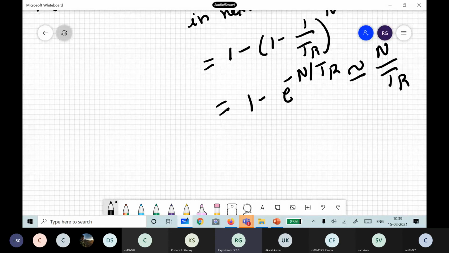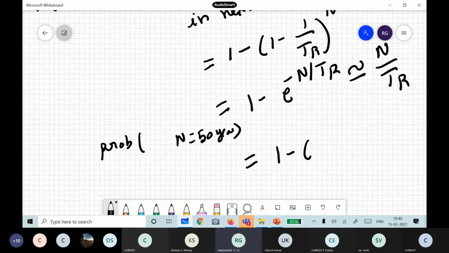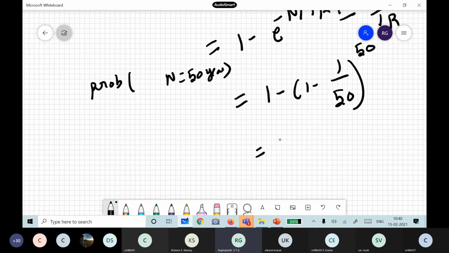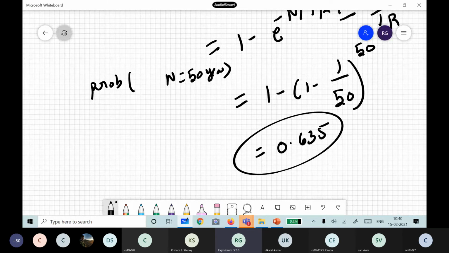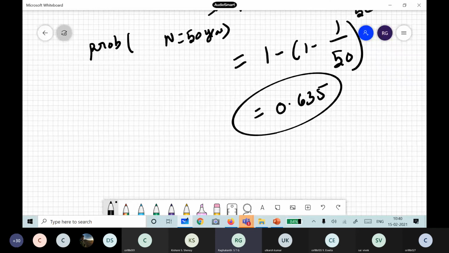So now for our wind code, the probability in 50 years, so n is equal to 50 years. This will be 1 minus (1 minus 1 by 50) to the power of 50 itself, where 50 is the return period of the wind. So this value turns out to be something around 0.6365. So this is the value you get for 50 years. If I have a building whose lifetime is 50 years, and I have chosen the return period also as 50 years, whatever the code says, finally how much risk am I taking? What is the probability that my structure will fail in the next 50 years?